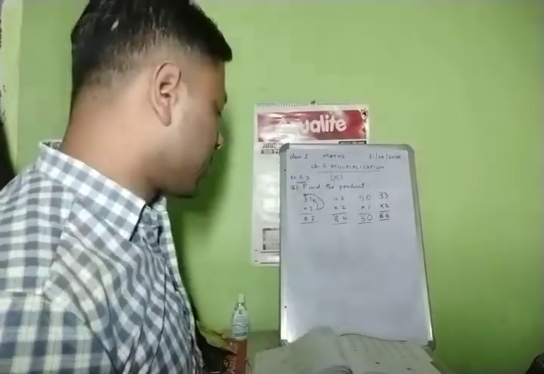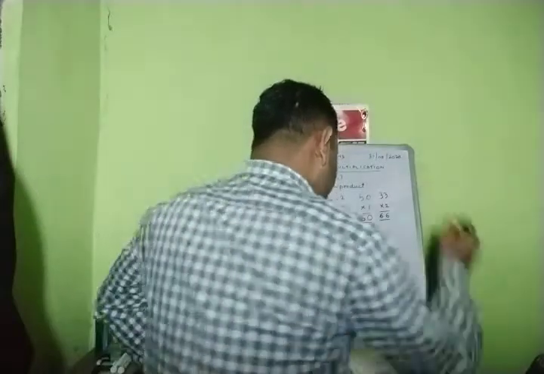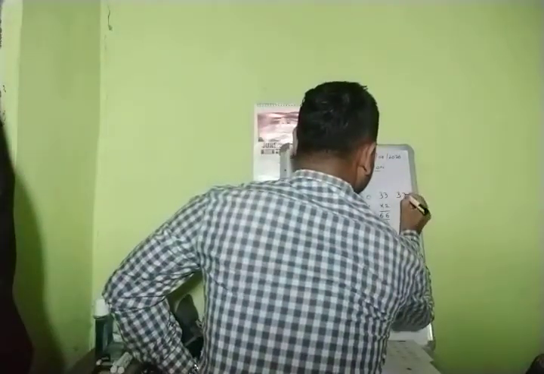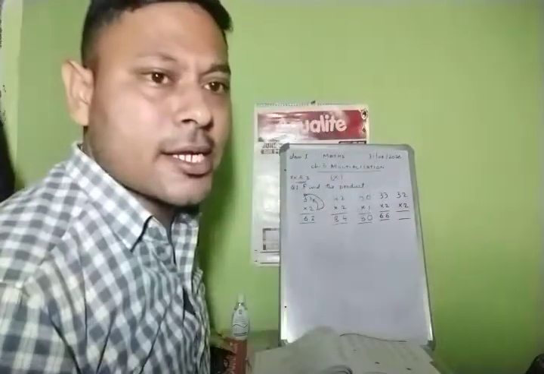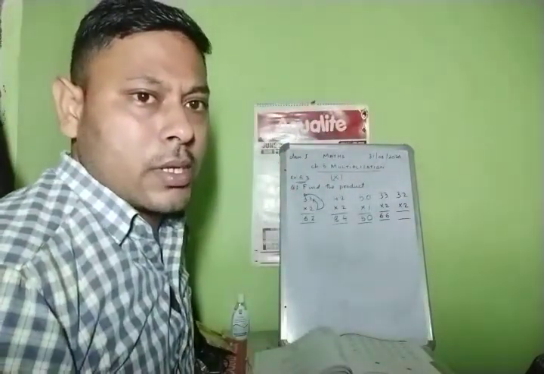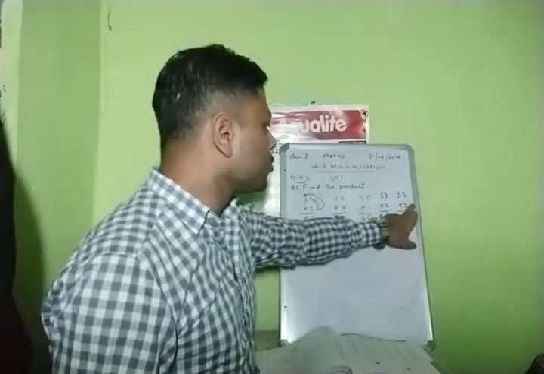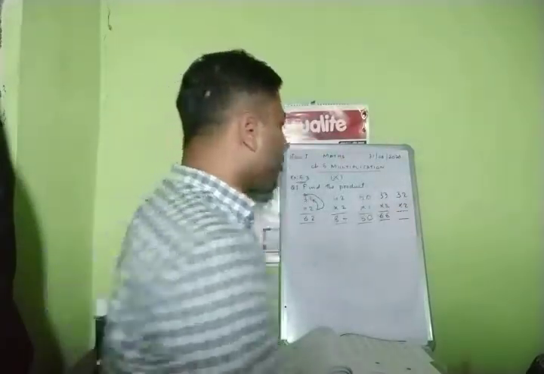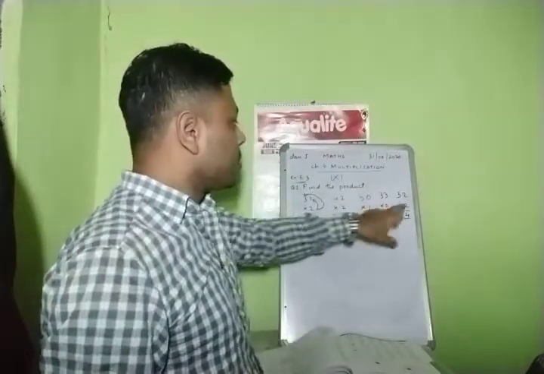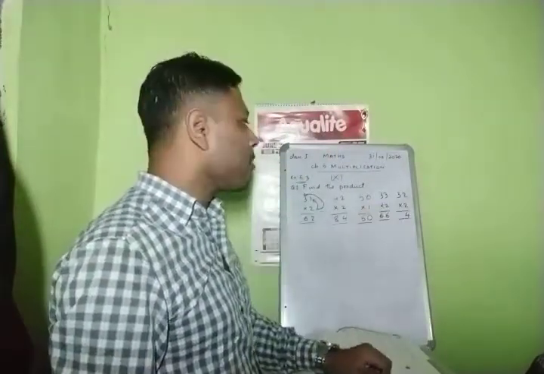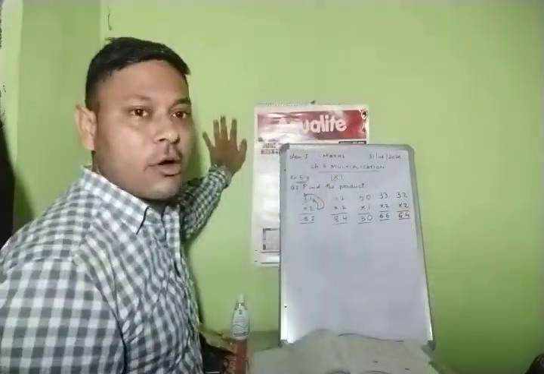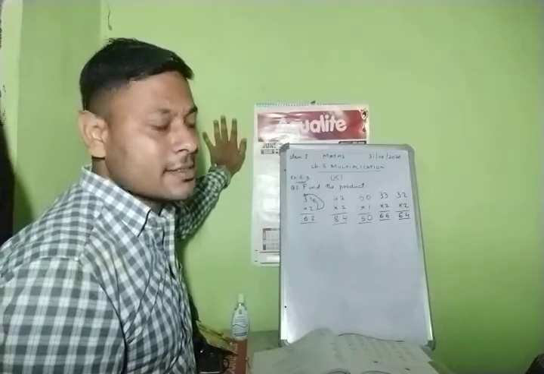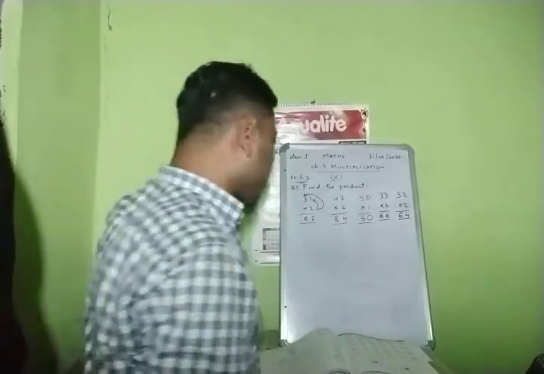Okay. Next you see 32 into 2. Now see here. 2 ones are 2, 2 twos are 4. So 2 twos are 4. Next. 2 ones are 2, 2 twos are 4, 2 threes are 6. 2 threes are 6. Over. In the same way we have to do many more questions.